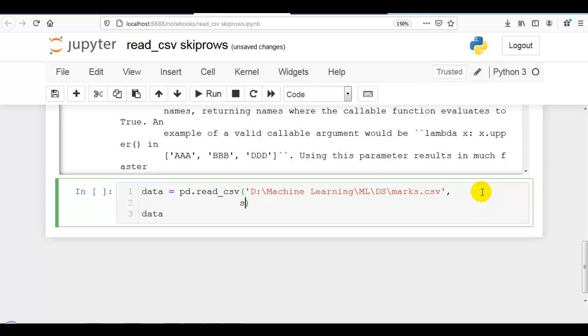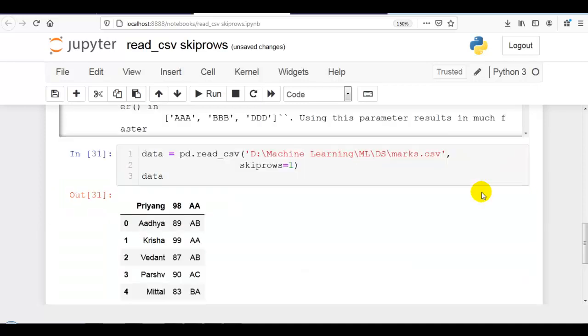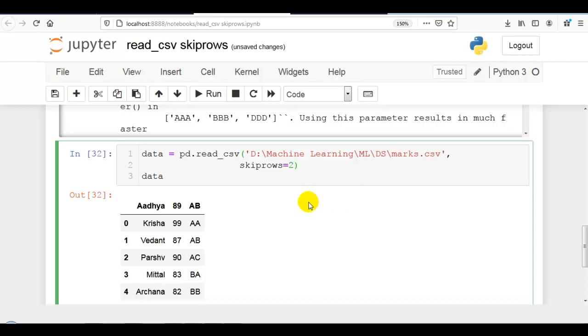Skipping n rows from the starting while reading a CSV file. Here we have to give skiprows, and you can give any integer, 1, 2, 3 or 5, the rows that you want to skip. I want to skip the first row, that you can see over here. You can also skip the first 2 rows. Please remember, skipping n rows from starting while reading a CSV file.